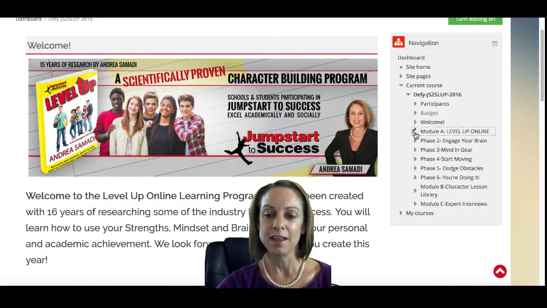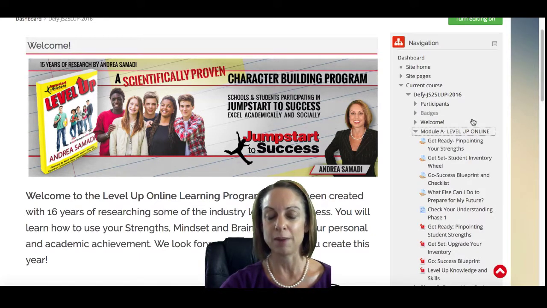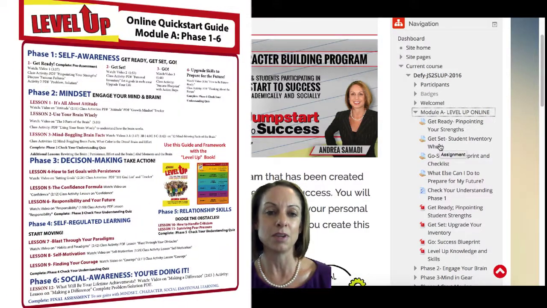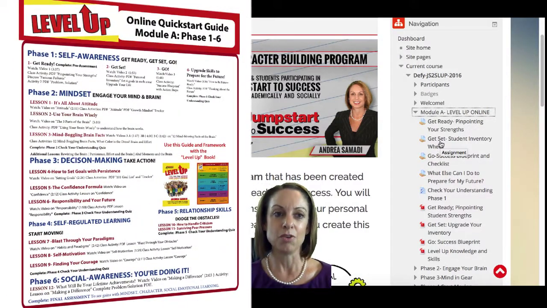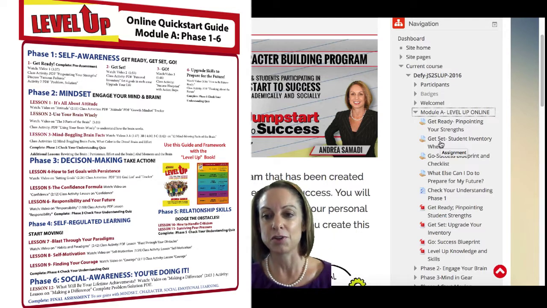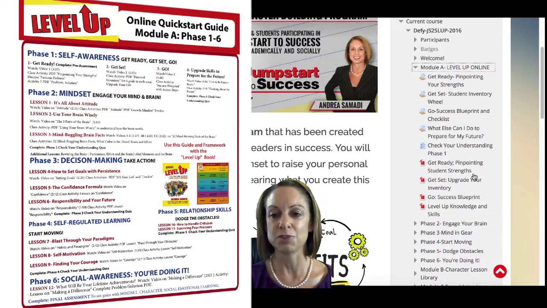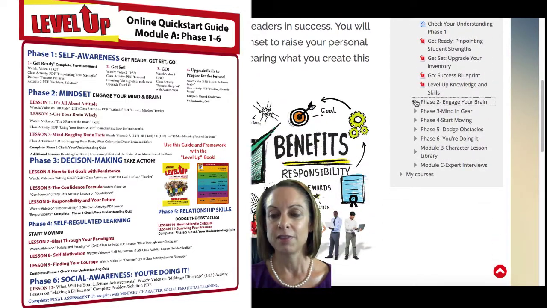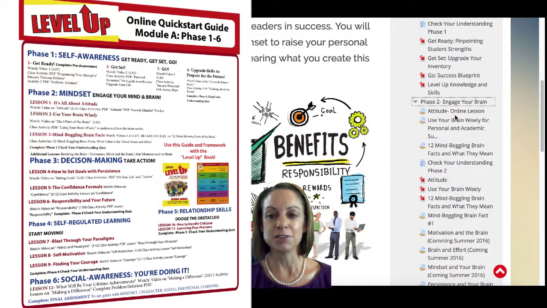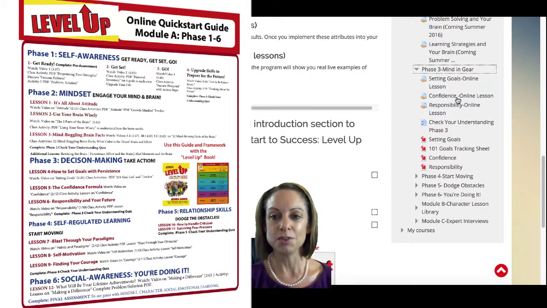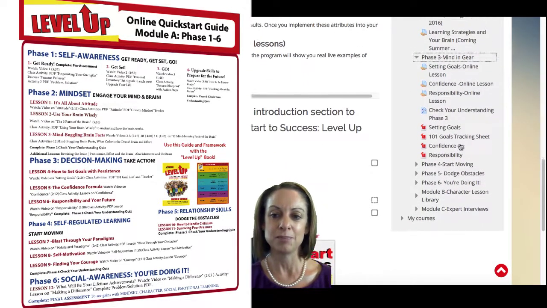Module A has the Level Up Online program, where the students pinpoint their strengths. They set their own inventory wheel. They take a look at all the years of their life and create their own success blueprint and checklist, thinking about their strengths and the problems that they could solve with their strengths. Then they go into learning about their attitude, their brain, into phase 3 with setting goals, confidence, responsibility.